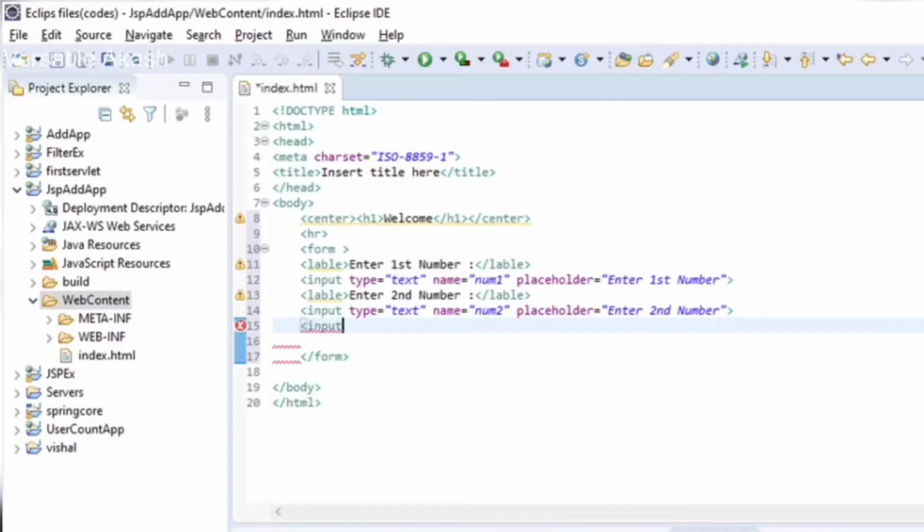So creating a button, input type submit. So that's enough for our home page. Submit. So this is our home page code.